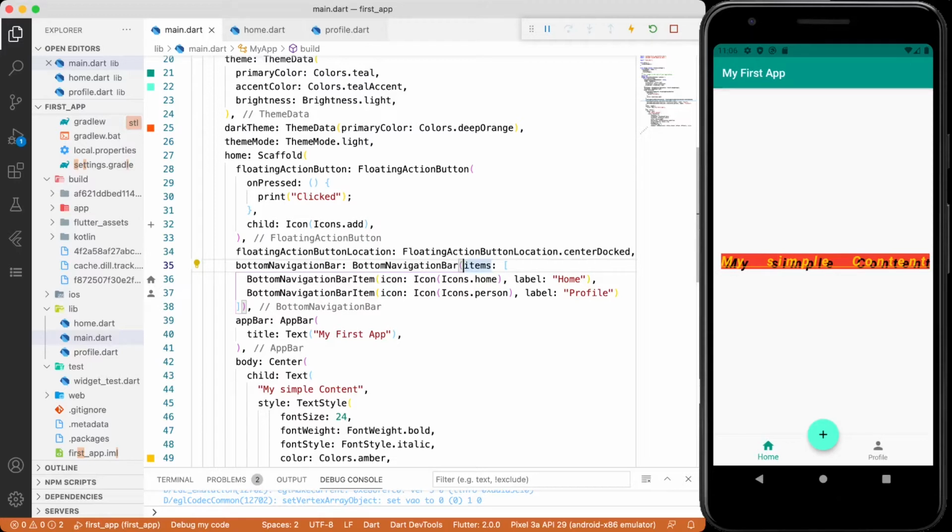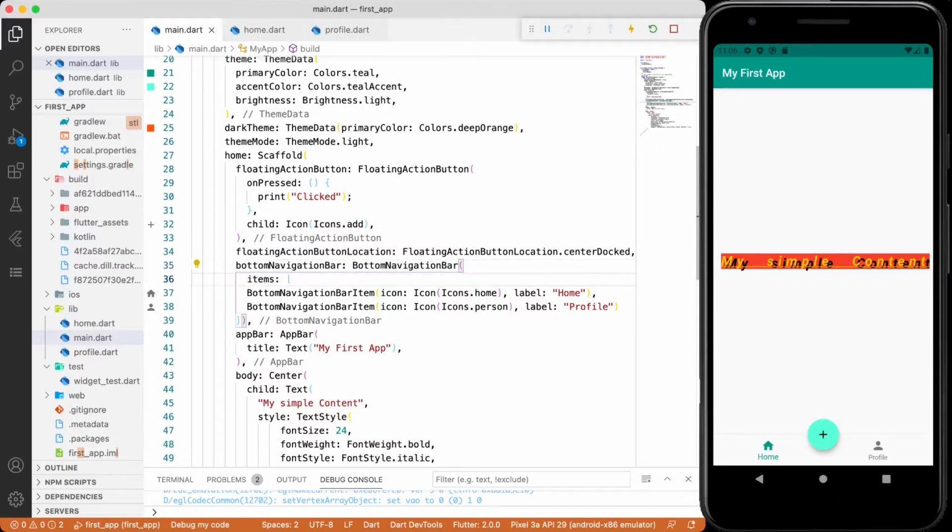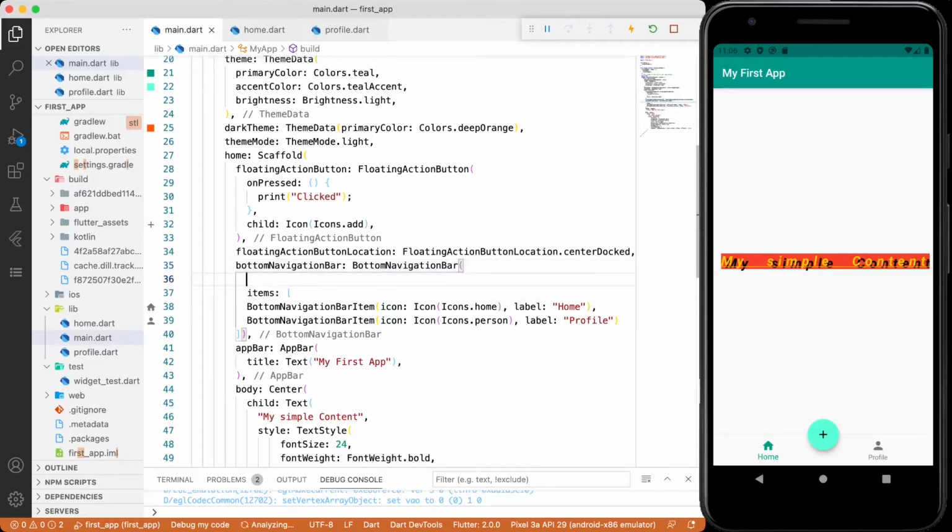For that there is another thing to notify, which is the currently selected index. So it is currentIndex. Normally if you set the current index to 0, it always makes home the selected one.